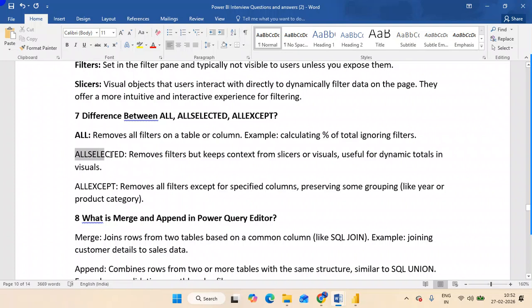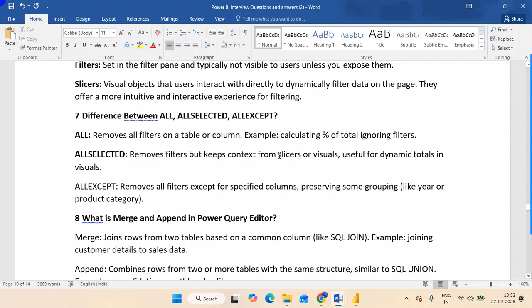It will directly execute on the overall table. And ALLSELECTED means it removes filters but keeps the context filter. It removes the filters but keeps the context from the slicer and visual.